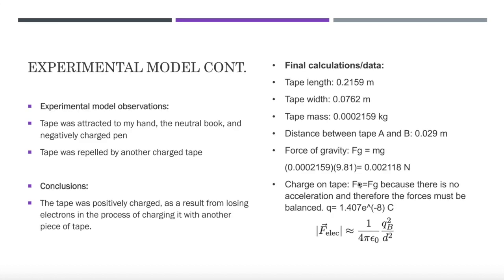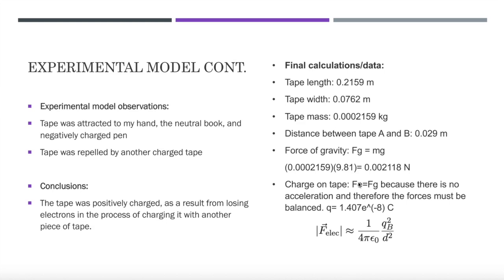A couple observations were that the tape was attracted to my hand, the neutral book, and the negatively charged pen, but it was repelled by another charged tape. So I was able to conclude that the tape was positively charged as a result of losing its electrons, because it was attracted to the negatively charged pen, and since opposites attract, we were able to conclude that it was positive. A couple calculations in data, you can see the length, width, and mass, and then distance and